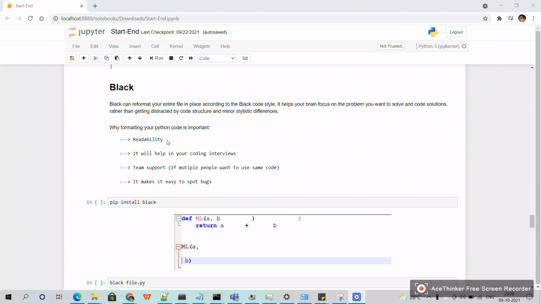In this section, we go through the library called Black. So we'll just see what is the use of it and how it helps us in the coding process. Black can reformat your entire file in place according to the Black code style, so that we can focus on the problem we want to solve and the solutions rather than being distracted by the code structure or minor stylistic